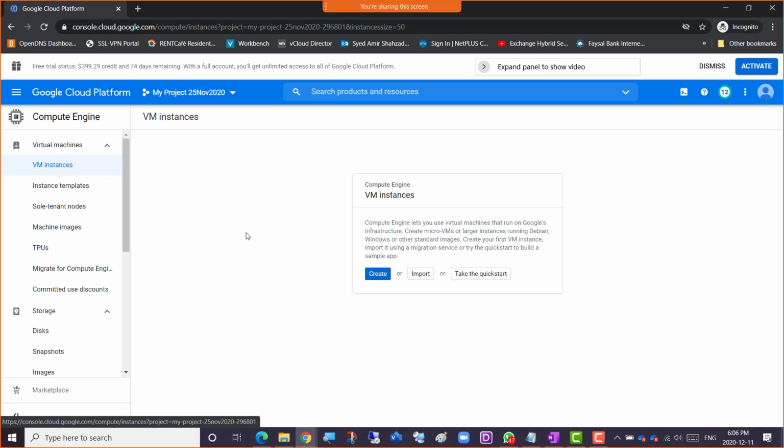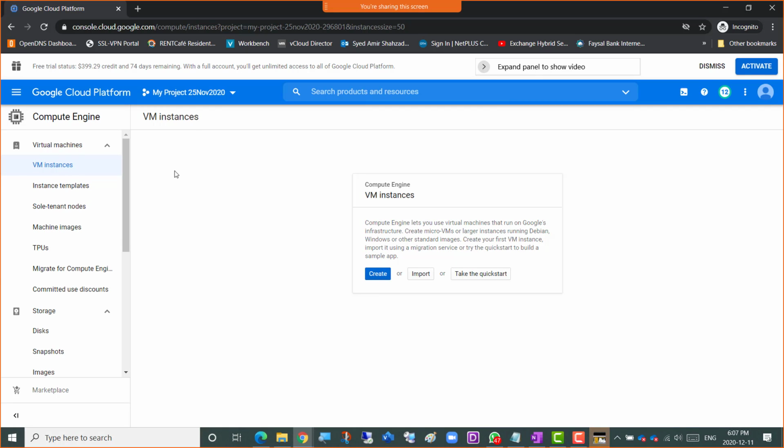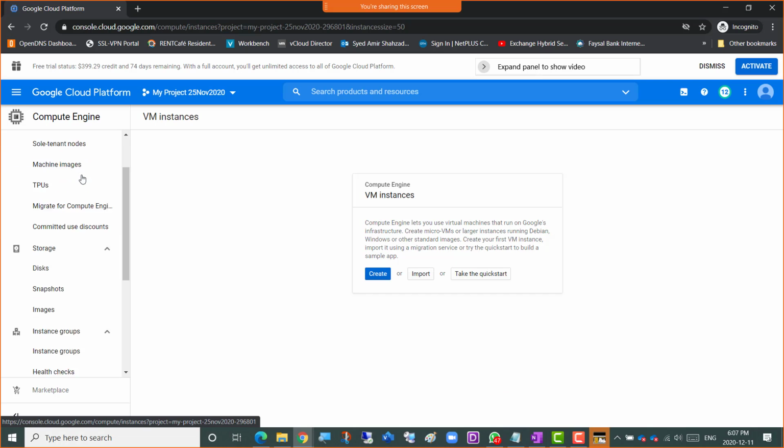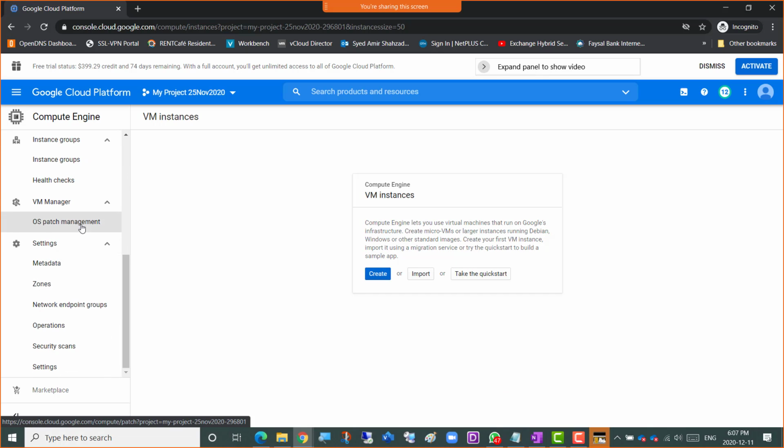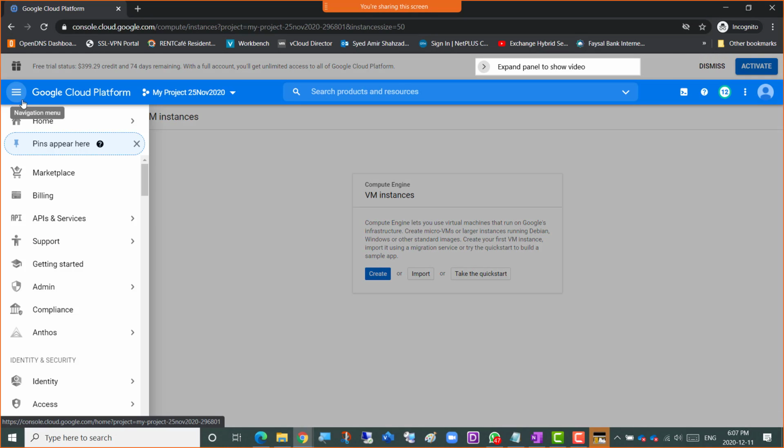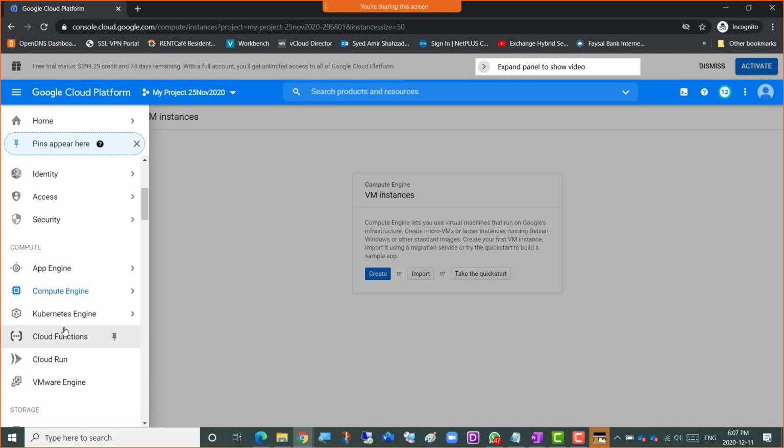The first thing here, what is load balancing? And obviously the load balancing we already talked about before as well, and you would know as well that it is balancing the traffic that is coming from different directions over the internet to your virtual machines. I'm going to go down to, in fact, I'm going to go to the navigation menu here, right? And I'll go down to here,